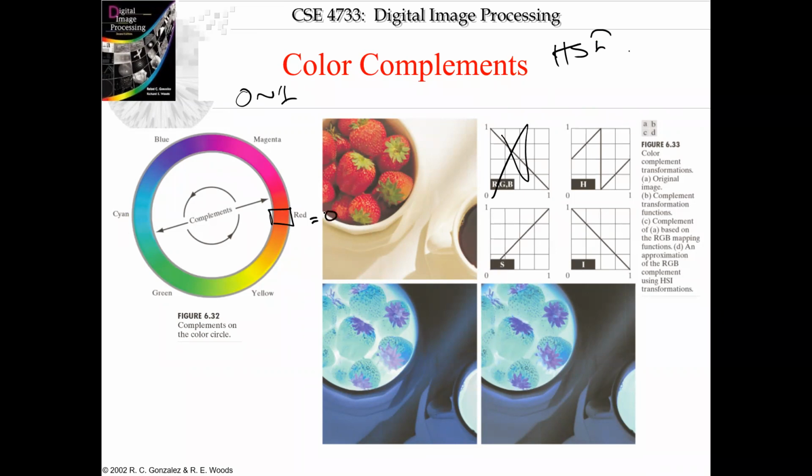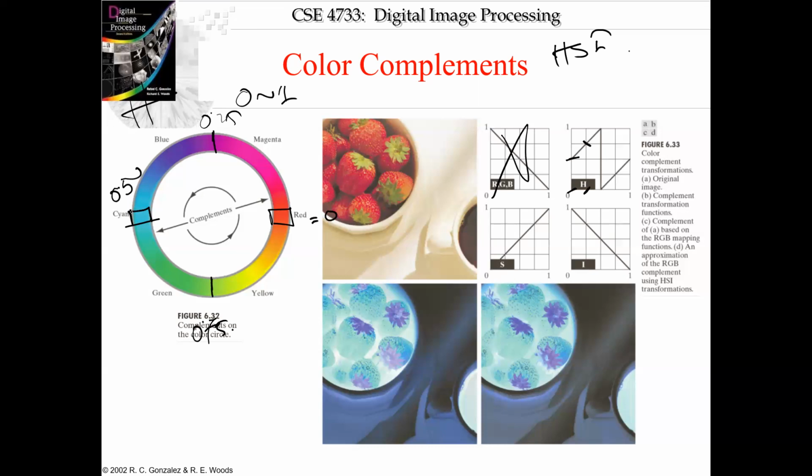Okay fine, so if you want to have the negative color of red, what color do you expect to have? You expect to have cyan. And cyan is represented by which value? 0.5. So whatever was 0 before, the negative of 0 will become 0.5, right? Whatever was 0.25, the negative of 0.25 will become 0.75, yes or no? And whatever